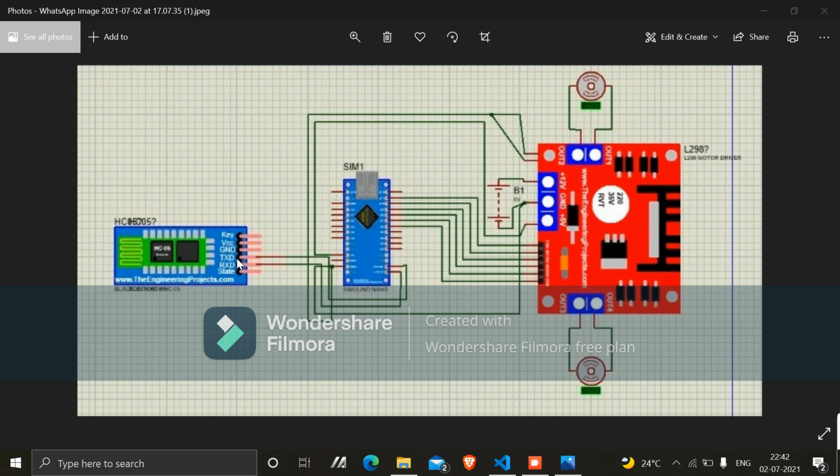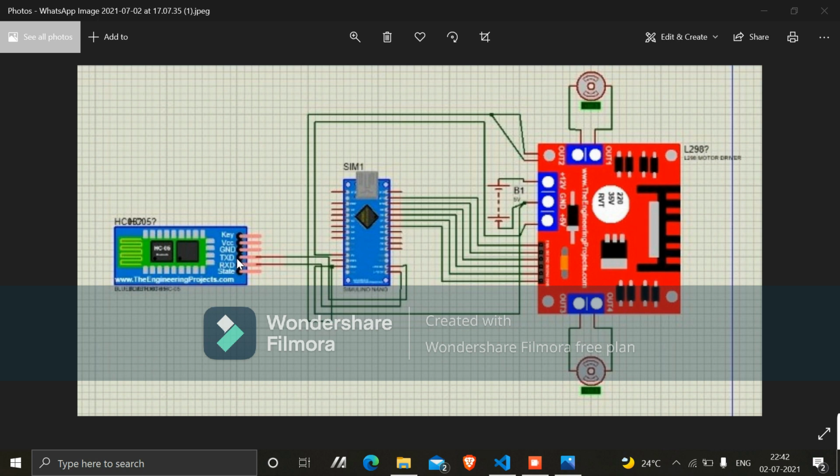While making all these connections, there are some precautions that need to be taken before connecting the circuit. The precautions are as follows. The 5 volt terminal of the Arduino Nano must be supplied with 5 volts. If the voltage exceeds the 5 volt limit, there is a high chance it will damage the Arduino Nano board.